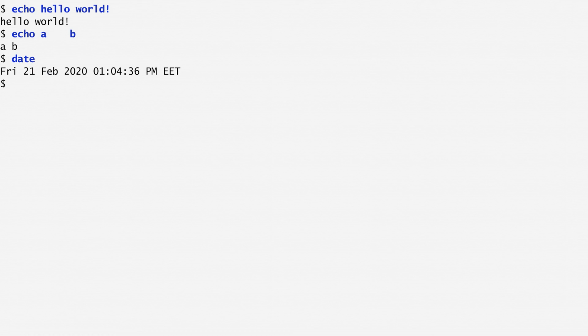Let's now try a different command, date. Date displays the current date. On the shell, we can follow a command or begin a line with a hash character, which is a comment. Anything following the hash character is ignored. In this case, as you see, I get a date again. In this course, I'll use the hash character to annotate the commands I'll be using.